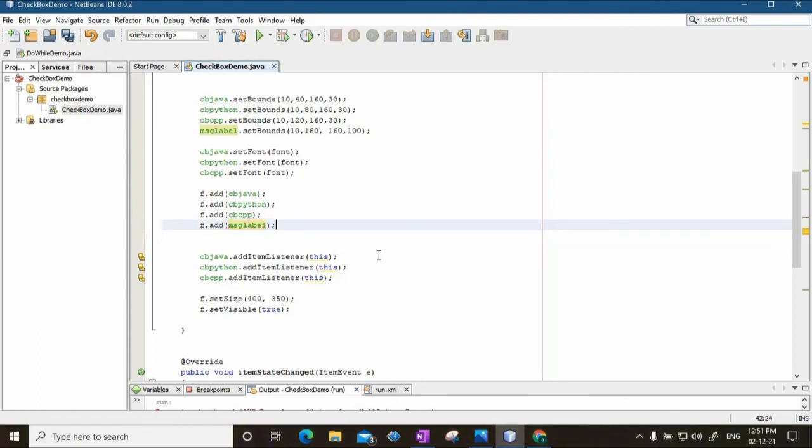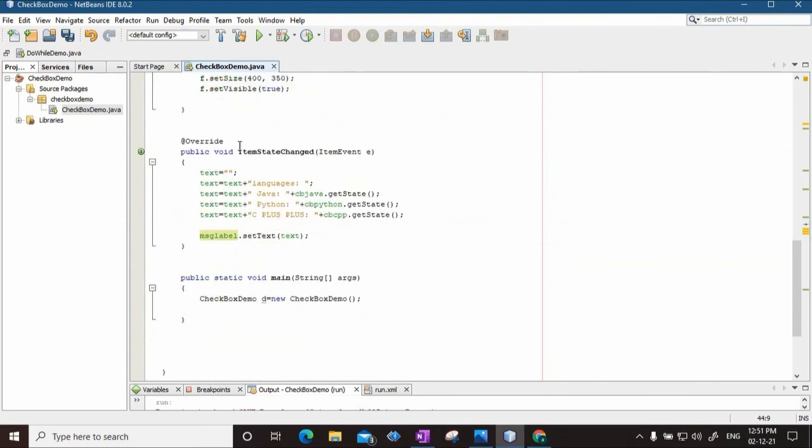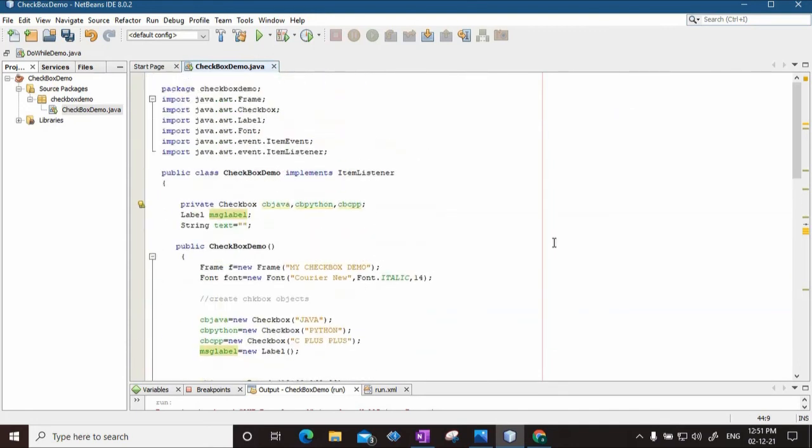Now along with the checkboxes, you will see the label getting added, and the method that we have overridden, itemStateChanged, the moment a check or uncheck happens on the checkboxes, it will be recorded by this method, and accordingly this final text will be displayed on the message label using the setText method. Okay, now we are ready to run this program.